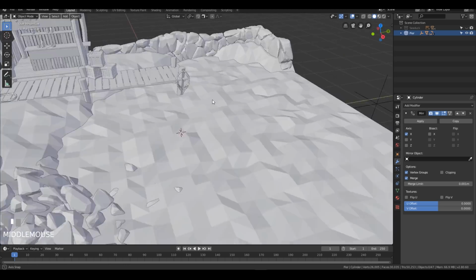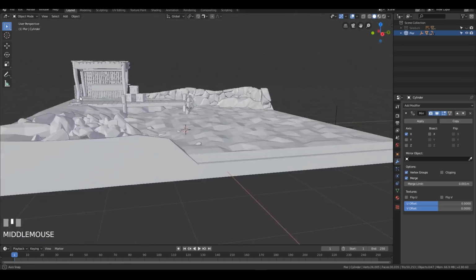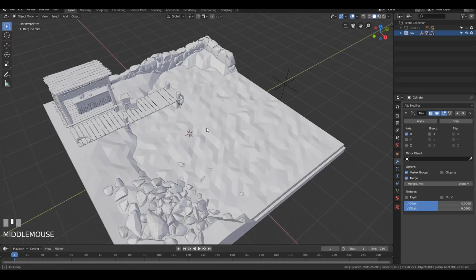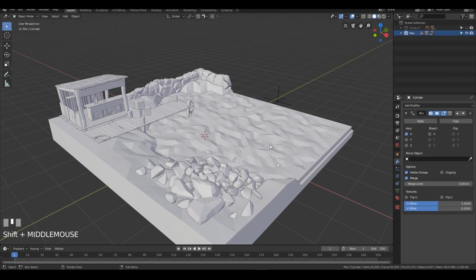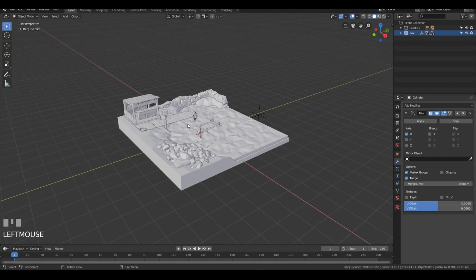It's this scene with the pier and the rocks and some Caribbean bar or something like that. So I will use the airplane in this context, make a render out of it, so you can see how I light it, how I do the render settings, and then I will come back to it sometime and finish the rest of the scene and use the airplane. So let's just fit the airplane into the scene here,